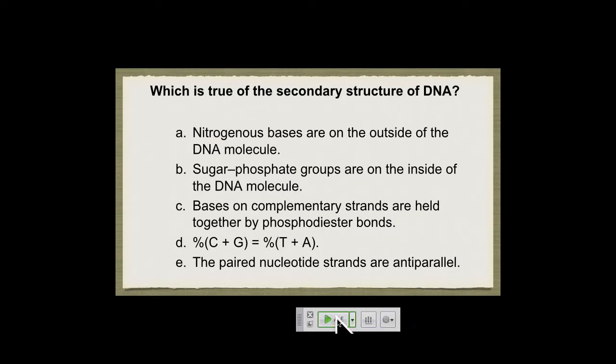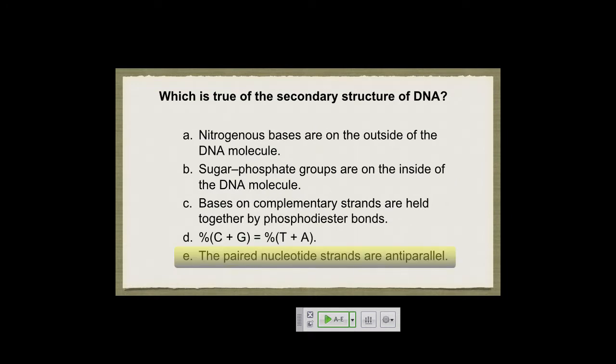E. Okay. Is D ever correct? No? Never? Maybe. When would it be correct? In fact, this was part of the problem Levine ran into. He happened to be using a DNA sequence that was close to being 50% G plus T. If he had chosen a few other sources, then he might have gotten different results, but it also may have been just the uncertainties in his measurements because of the instruments that were available at the time.